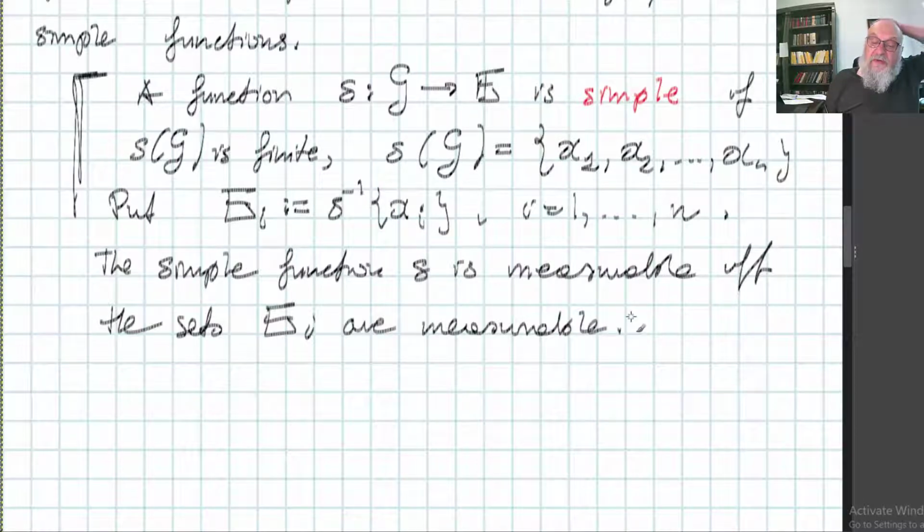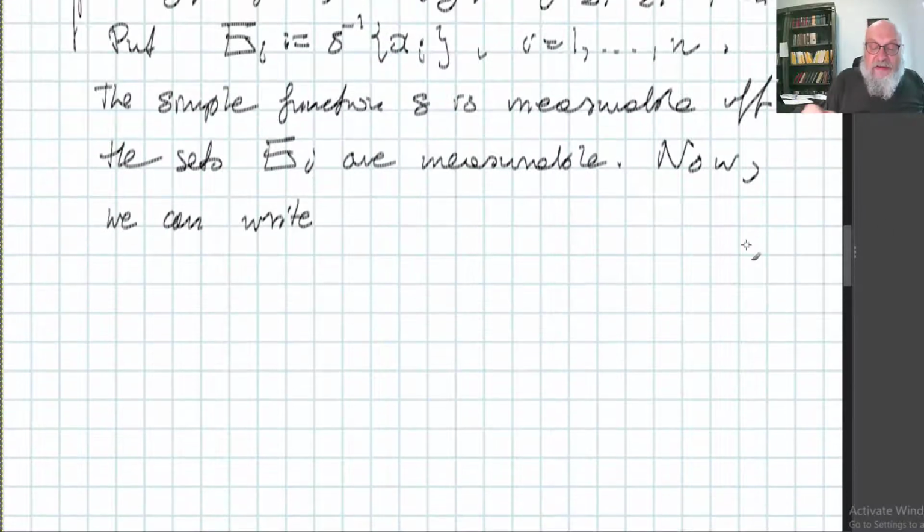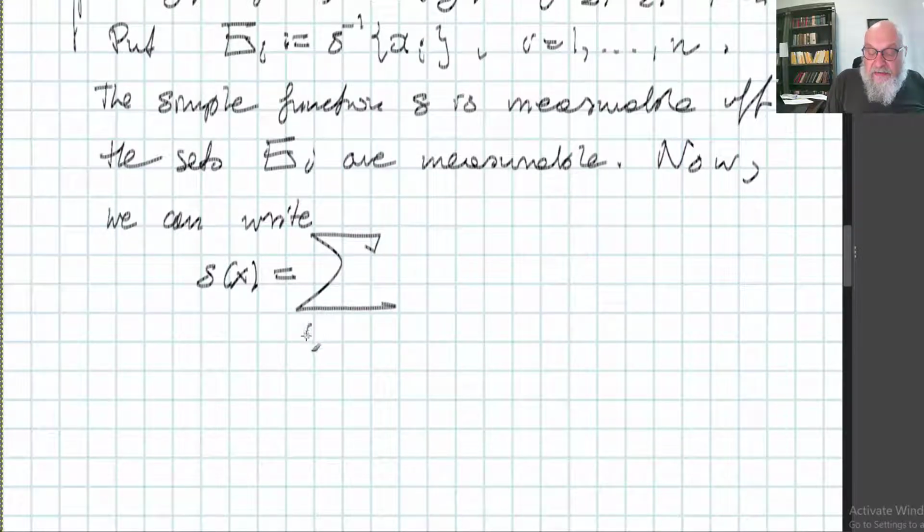So we know what a simple measurable function means. In such a case, we can use the measurable sets E_i, and simply write that my function S of x is equal to the sum, i equals 1 to n,